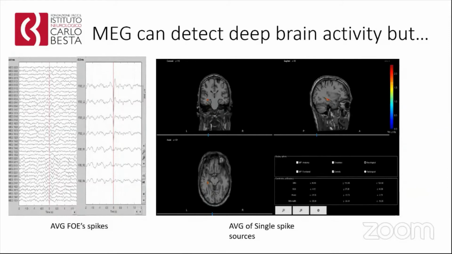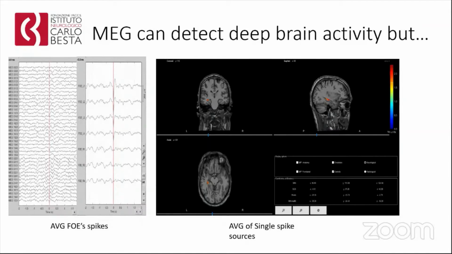So the simplest thing that we can do is to average the MEG channels on the FOA spikes. So average all the sources that we find timed to the FOA spikes and try to find the best solution. And we saw that averaging the single sources using models more than just the BEM, we could find that the spikes originate from the mesial region near the hippocampus. It can show, in this case, that there is information, but it is well hidden.